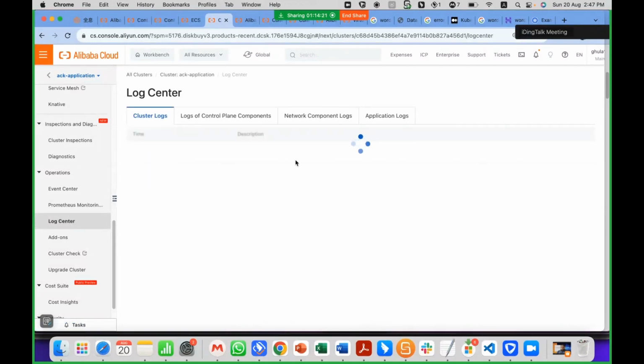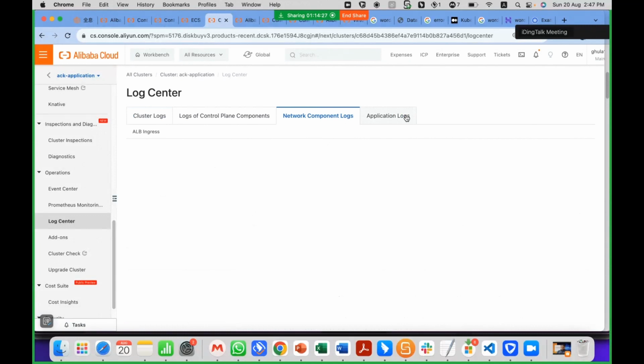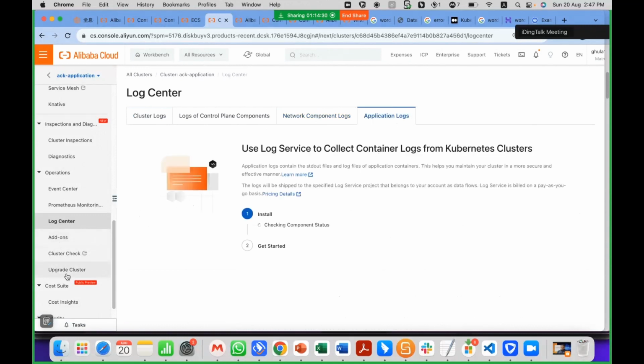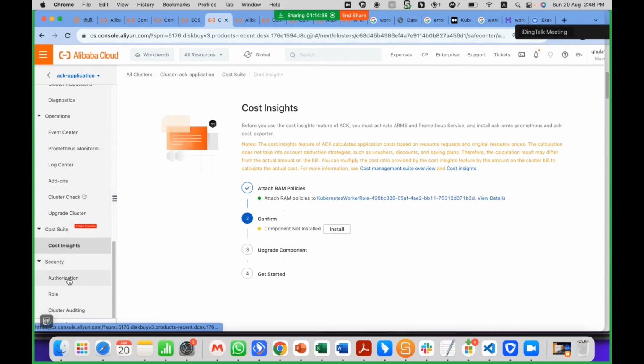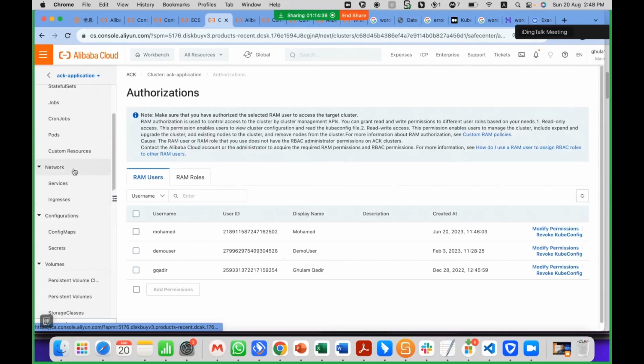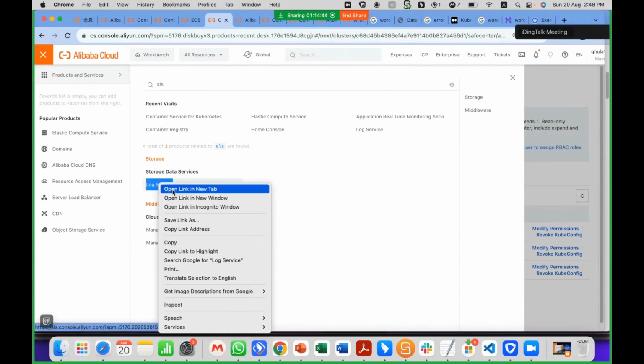In the log center, we can have a cluster log, like logs for the control plane, for network components, for application logs. Different types of options are available. For cost insights, it is activating these services. Then authorization and other things can easily be managed here. And for the log services, we have SLS as mentioned earlier. This is the log services.